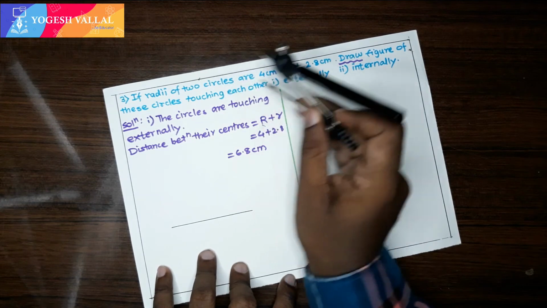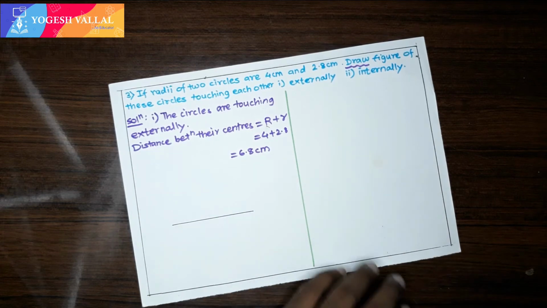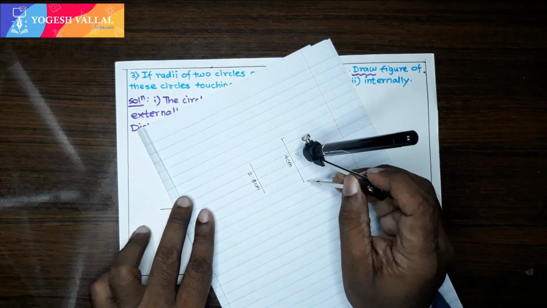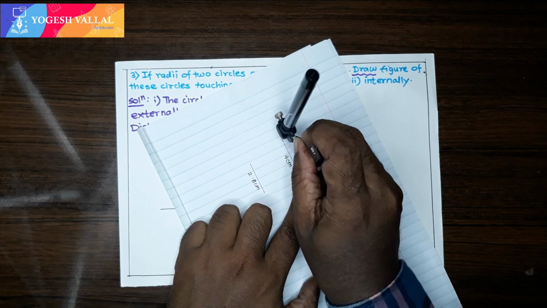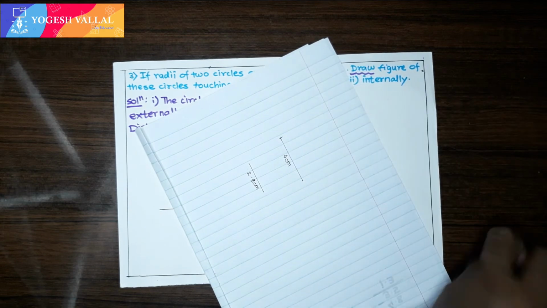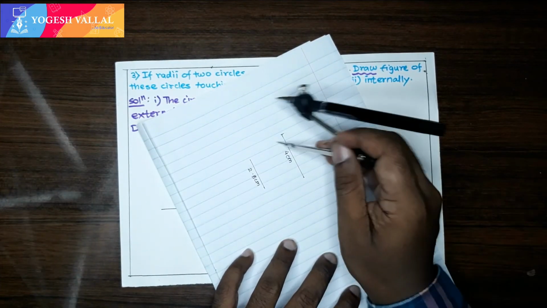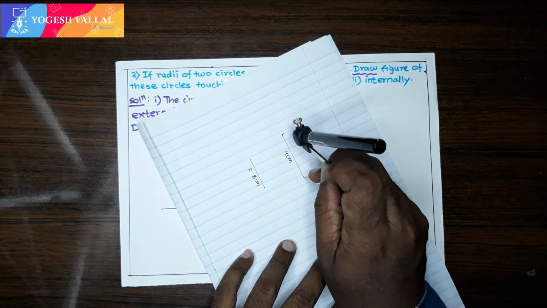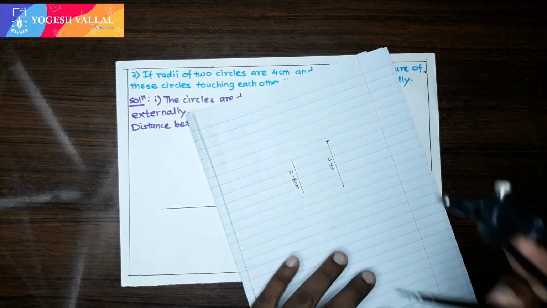The first circle has a radius of 4 centimeter. So I will put the compass here, and now I have to take a radius of 4 centimeter. Now let's see the way of drawing 4 centimeter. Draw 4 centimeter on any other rough page and take the distance between the ends of the segment. Many students take it in this way and they make mistakes. So draw a segment of 4 centimeter and put the metal tip on one end and the tip of the pencil on the other end, and you can get the distance of 4 centimeter.